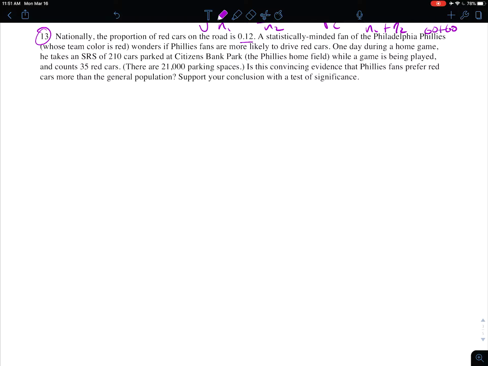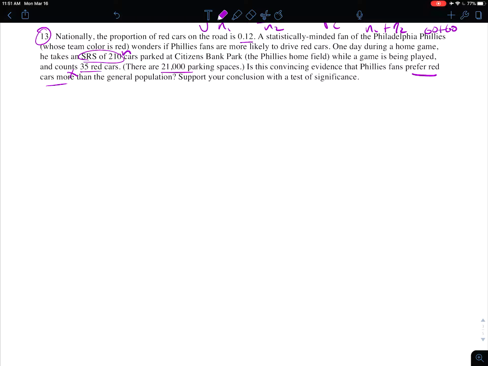So during a home game, he takes a simple random sample of 210 cars parked at their ballpark and counts 35. So 35 successes out of 210. And there are a lot of parking spaces, so we're feeling good about independence here. Is there convincing evidence that they prefer red cars